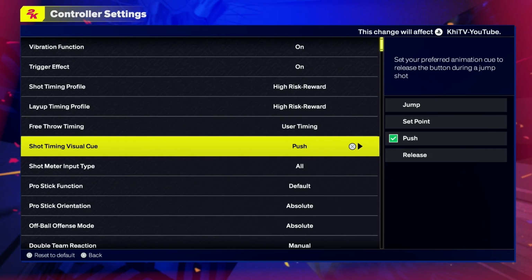With the visual cue, you pretty much let go of the button when the shot gets all the way to the top of the forehead, and it's green all day. So that's the one I like to run with. I've never used jump. I did test out set point and release, but push was the best one for me,